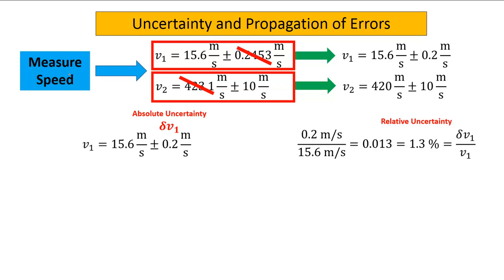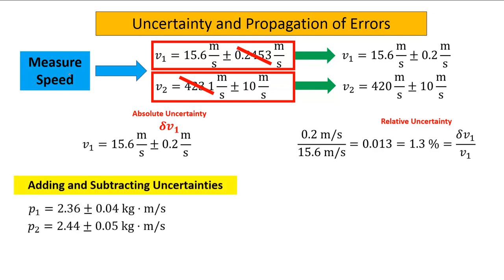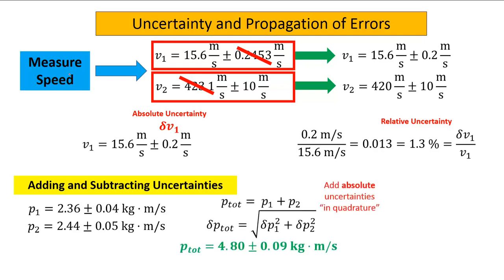So now that we've talked about uncertainties, how do we add or subtract numbers which have uncertainties associated with them? So let's consider these two momenta, P1 and P2. And now I want to add these momenta to find, say, the total momentum. Well, for P total, I'd add P1 and P2, so I just take the measured values and add those. To find the uncertainty in the total momentum, delta P tot, what I do is I add the absolute uncertainties in what's called quadrature. So I add delta P1 squared plus delta P2 squared and take the square root of that. So in this particular case, I get a total momentum of P tot 4.80 plus or minus 0.09 kilograms meters